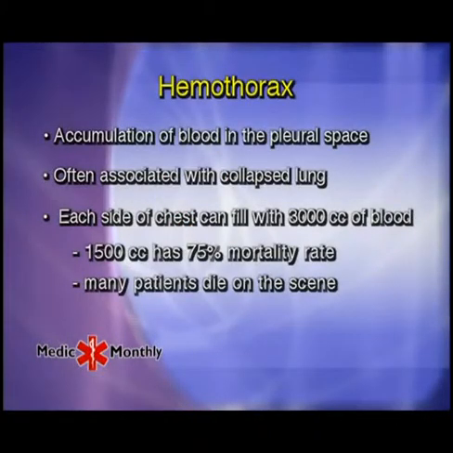Hemothorax, an accumulation of blood in the pleural space, is often associated with a collapsed lung, otherwise known as a pneumothorax. Each side of the chest can potentially fill with 3,000 cc's of blood. A serious hemothorax of 1,500 cc's is associated with a 75% mortality, and many of these patients will